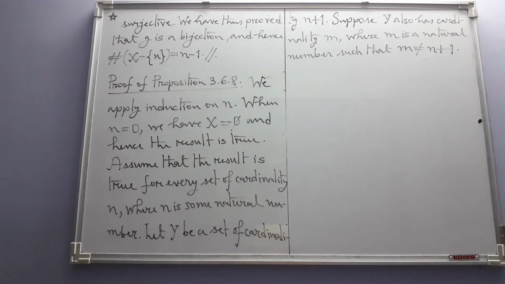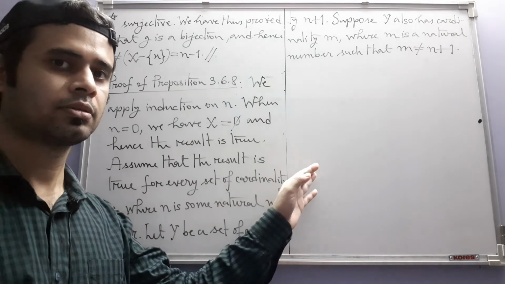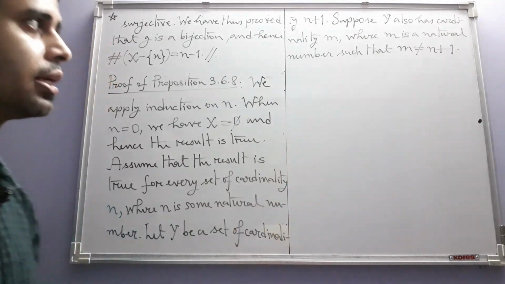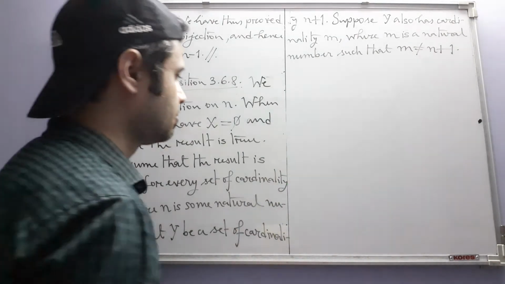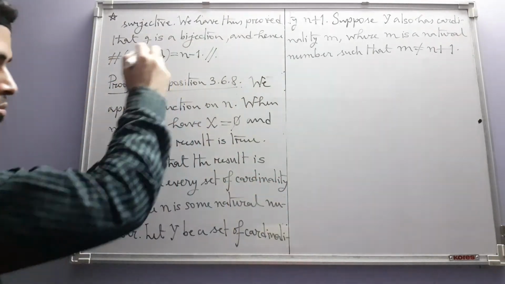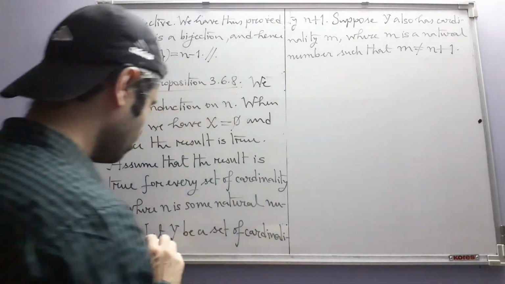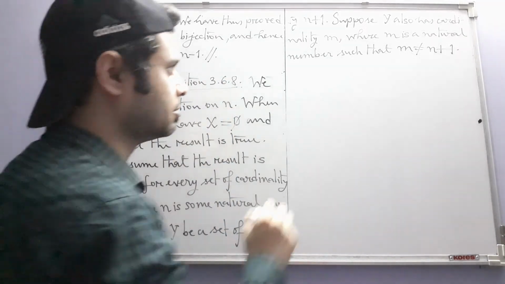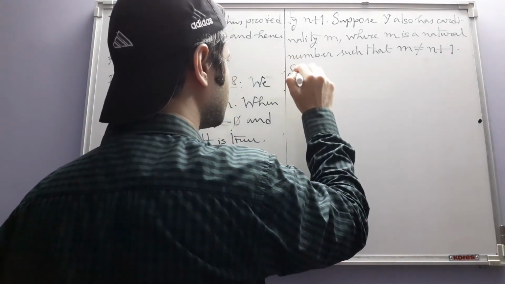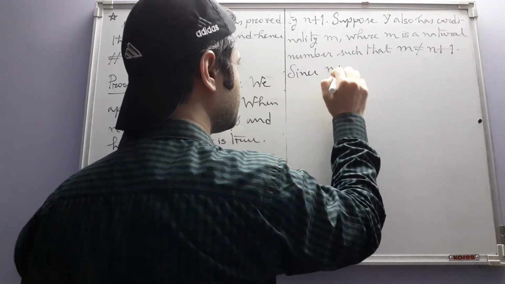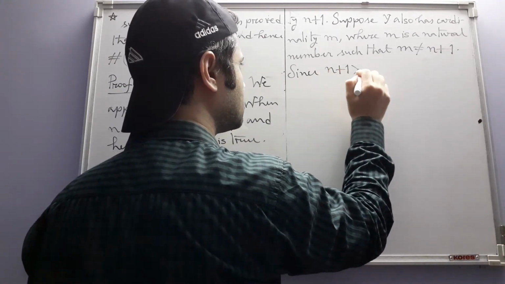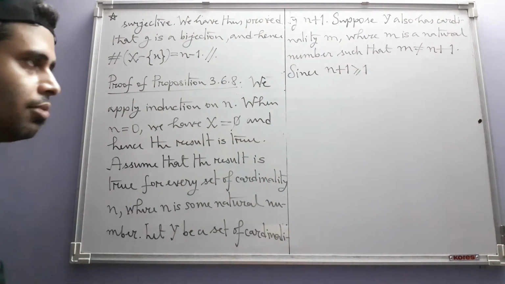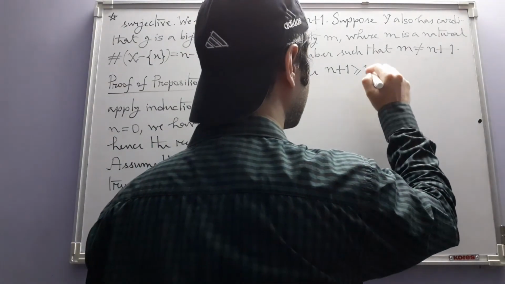So we have supposed this condition, and now we will try to get a contradiction. Now this is where we need the previous lemma. Note that Y is a set of cardinality n plus 1. Since n plus 1 is greater than or equal to 1,